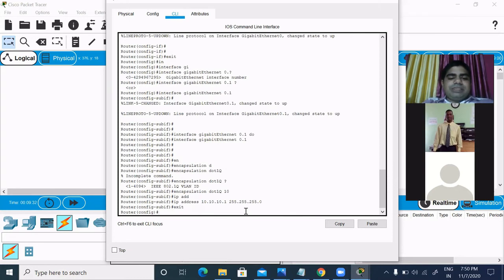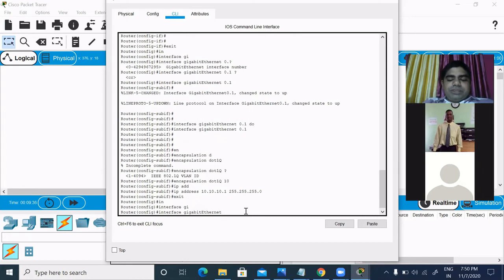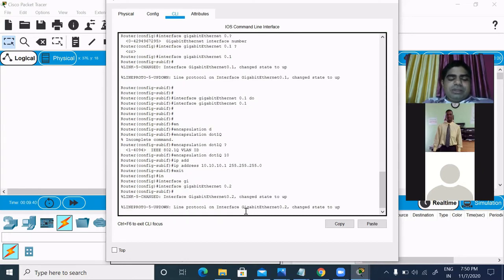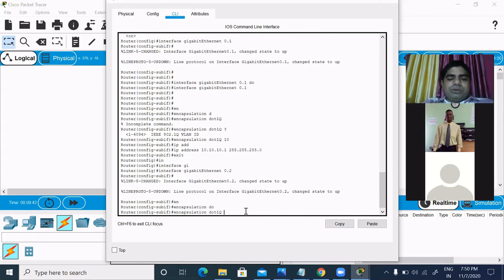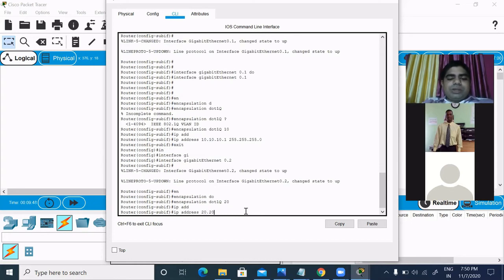Now we will do it for PC1 and PC2. We will create a second subinterface, then encapsulation dot1q, here type the VLAN number 20, then IP address 20.20.20.1, 255.255.255.0.